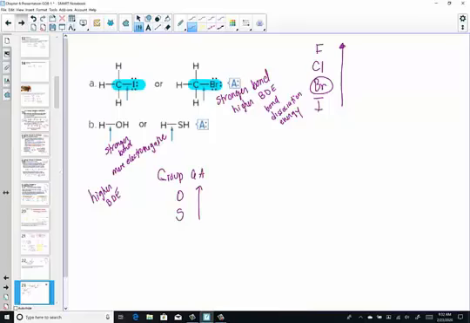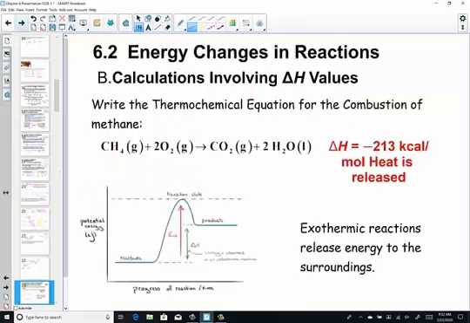Okay, we're doing great. We can actually bring in some of these calculations into a delta H value, writing thermochemical equations. So I think about this thermochemical equation is just more or less the same thing as a balanced chemical equation with the delta H information included.